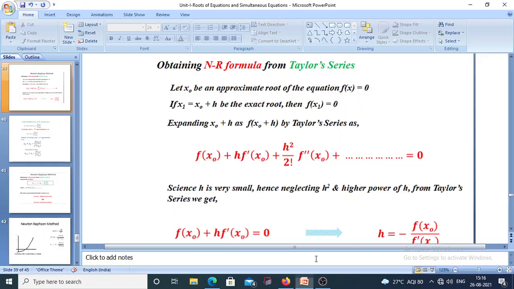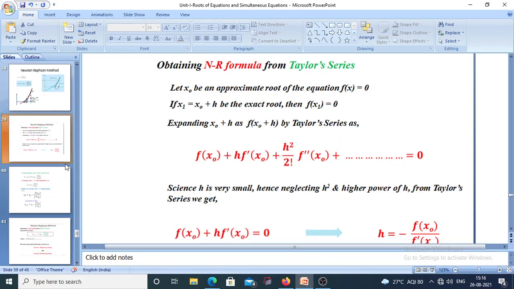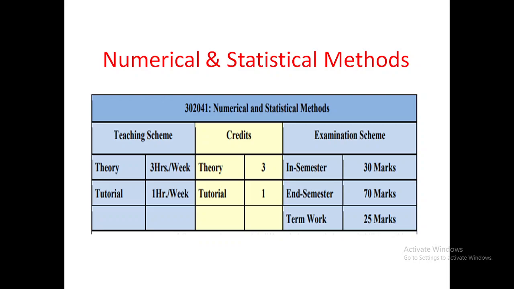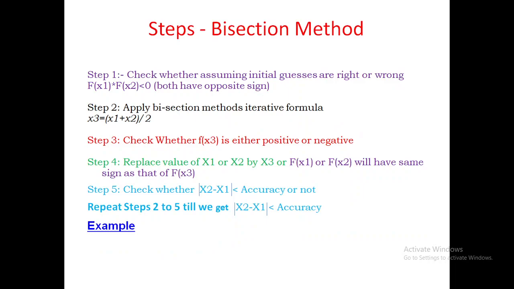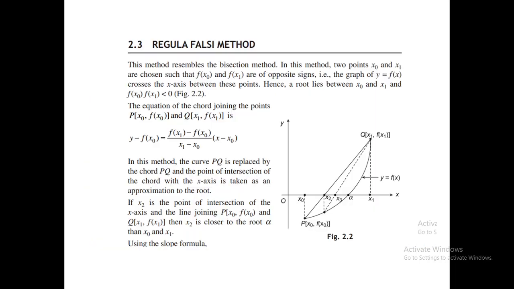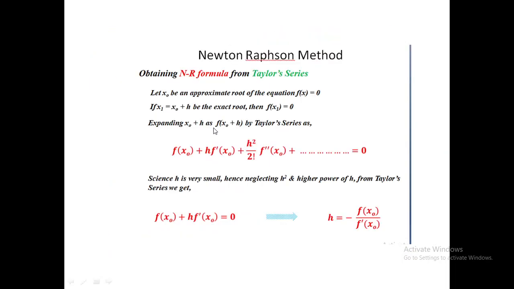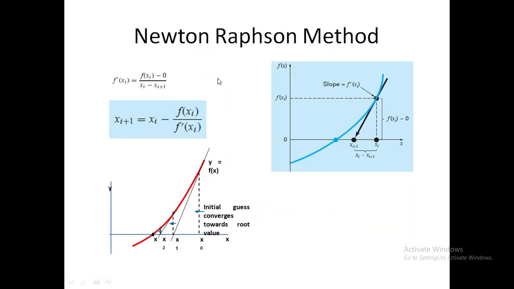In today's lecture, we will go on to the Newton-Raphson method. In the last lecture, we have seen the false position method. Also, we have seen the numerical on the regula falsi method. In today's lecture, we will go on to the Newton-Raphson method. This type of method comes under the open method, where we use a single starting guess, or two starting guesses, to find the solution.